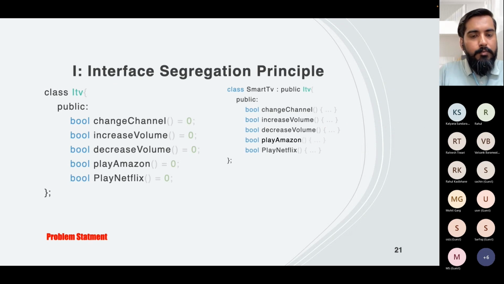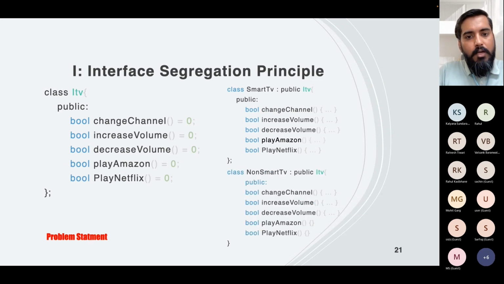A smart TV will have the play Amazon and Netflix functions, but my non-smart TV will not have these. It cannot play that. But because I'm using the same interface, I will have to have these empty functions. So what I can do here is